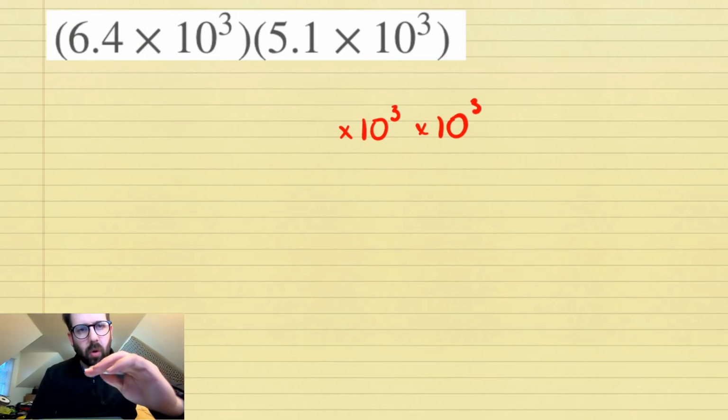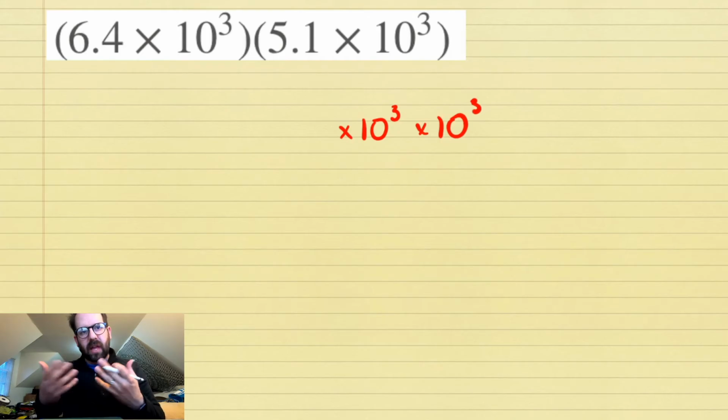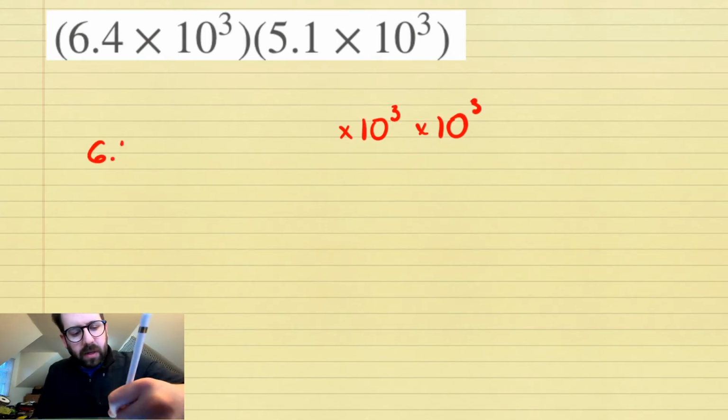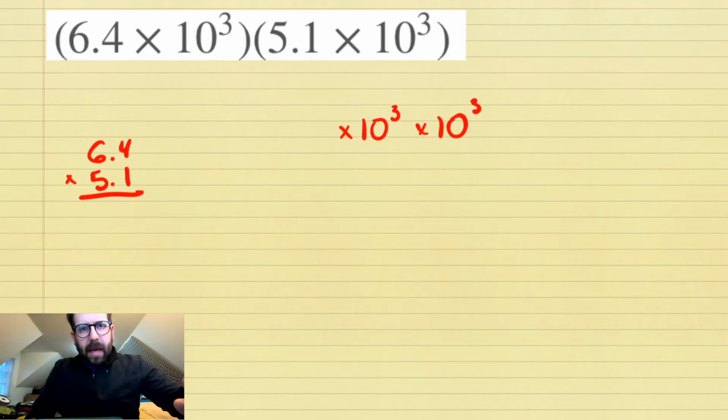So multiplying, we can just throw all the variables in the back, the like terms, the times 10s in the back. We're going to take the 6.4 and take it times the 5.1. Now, if you want to do this by hand, you can do the column method here. In fact, I'll just do that for you. If you want to do it by lattice method or scaffolding, however you want to call it, from elementary days,